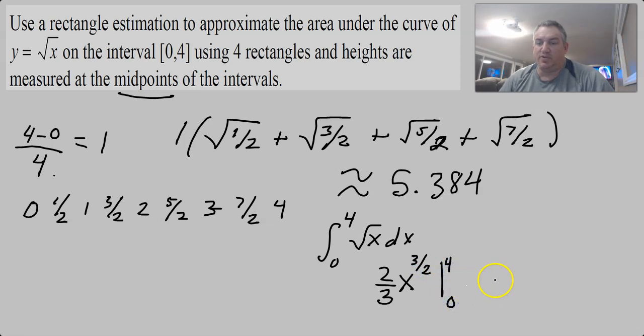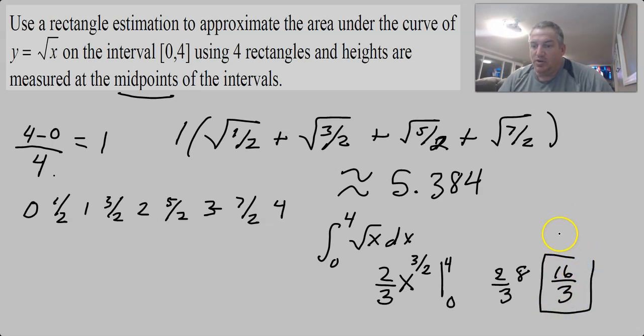Let's put our 4 in first. So we get 2/3, and then the square root of 4 is 2, and 2 cubed is 8. So I get 16/3 as my exact answer, because we put 0 in, we subtract 0. So 16/3, or 5 1/3, or I guess as a decimal, 5.3 repeating. So it looks like, again, this was the better of the